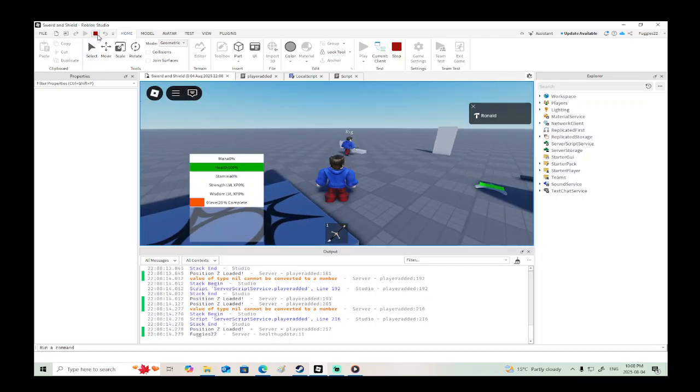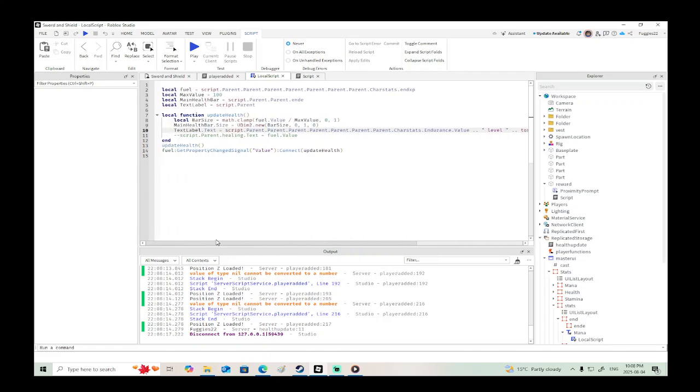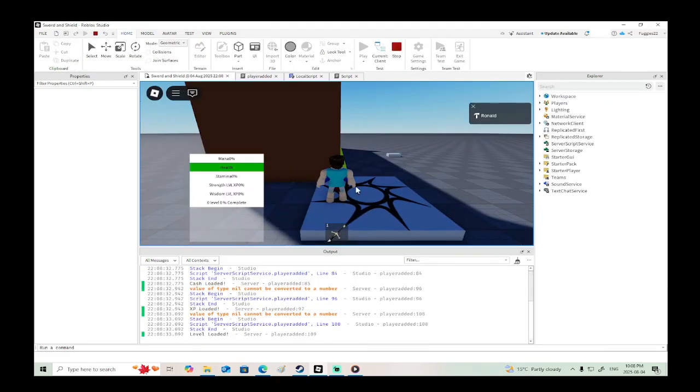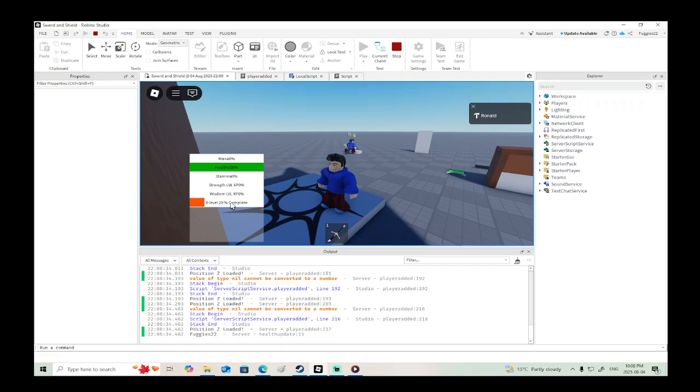Now what I want is there needs to be a space there. Okay, perfect. Now we'll have to change this. So when we are at the maximum value, whatever that's going to be, there, that looks a little more organized. 0 level, 20% complete